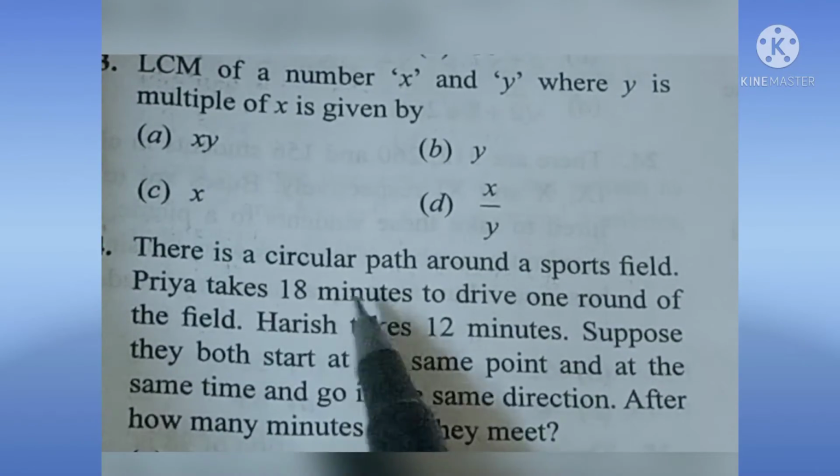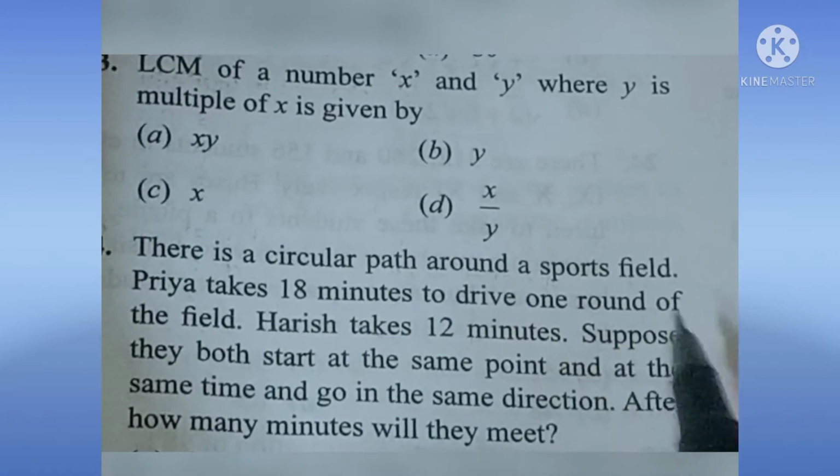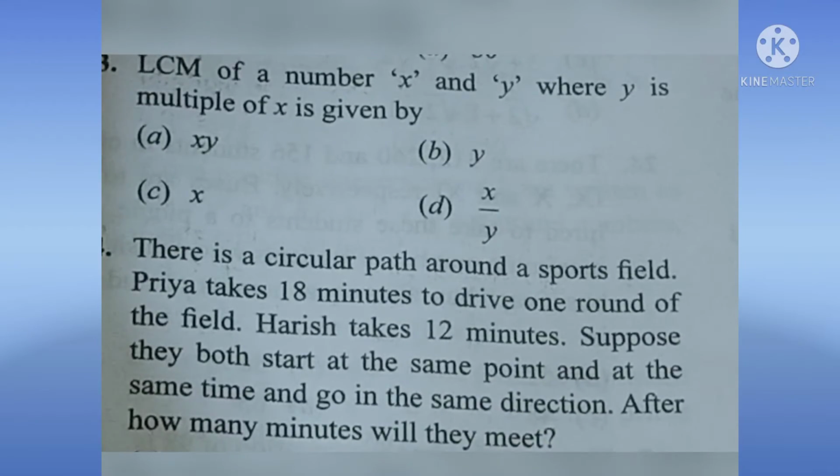Priya takes 18 minutes to drive one round of the field. Harish takes 12 minutes. Suppose they both start at the same point and at the same time and go in the same direction. After how many minutes will they meet? That means